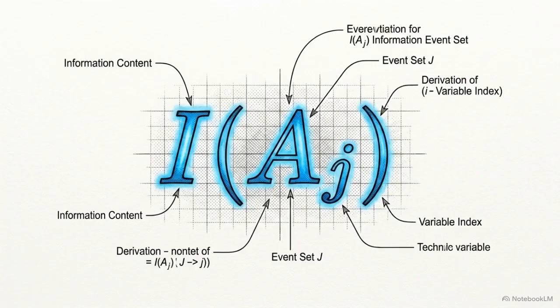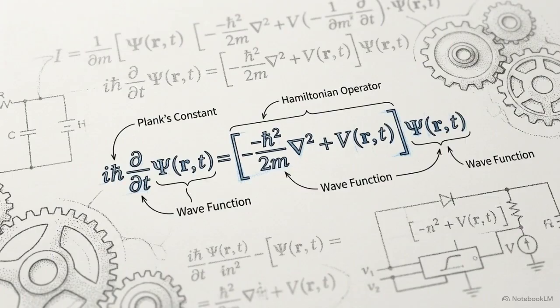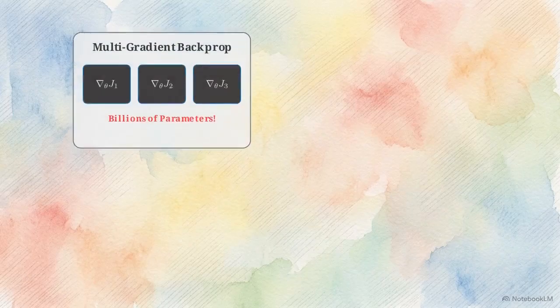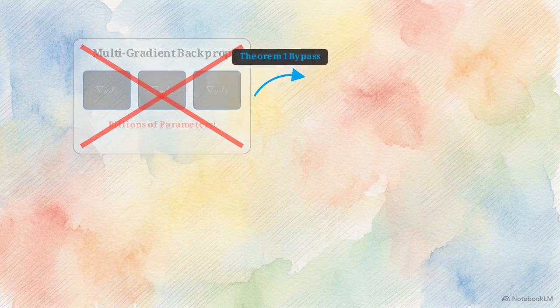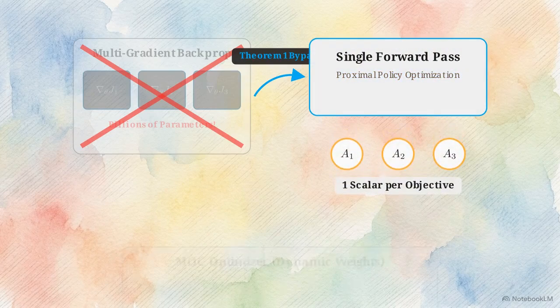The paper circumvents this hardware limit through a mathematical proof titled Theorem 1. Theorem 1 derives an upper bound surrogate objective. This mathematical substitution completely alters the optimization pathway. Crucially, inside this new formulation, the gradient of the policy parameter, nabla theta pi, is completely removed from the min-norm calculation. By dropping that massive parameter requirement, MOC replaces the expensive multi-gradient backpropagation entirely.